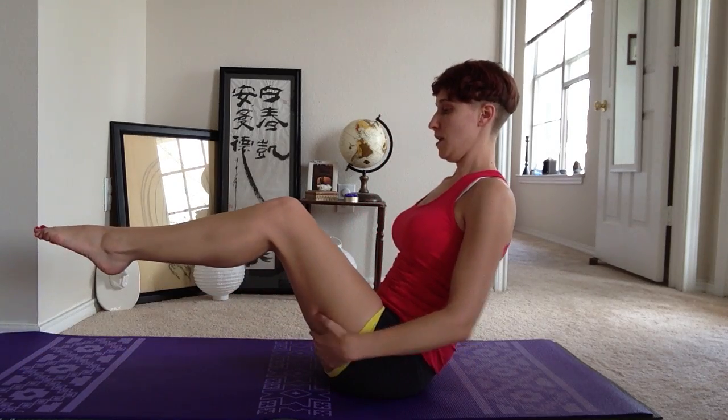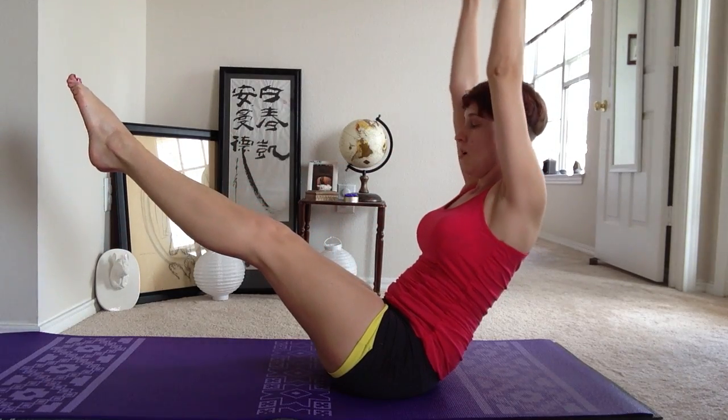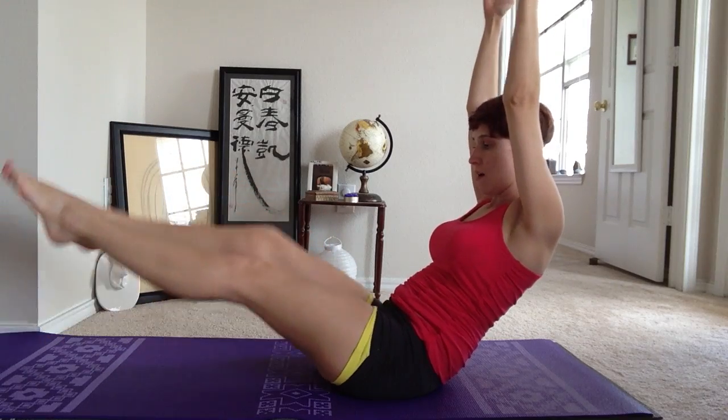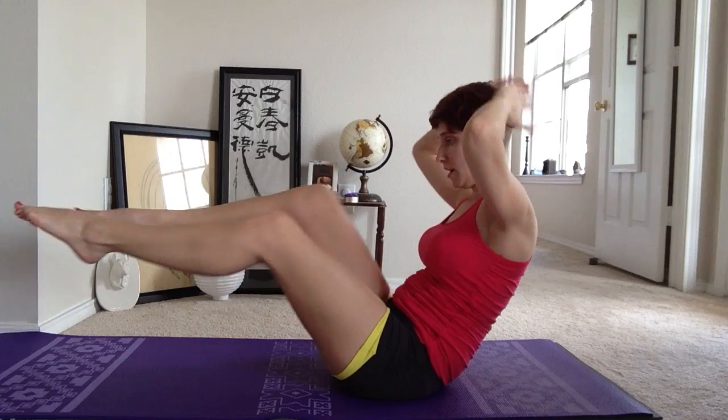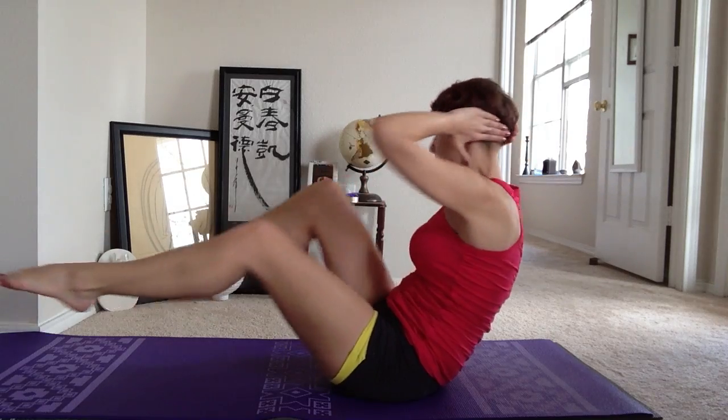And now we'll come sitting back into boat. Remember, you can try any of the options. You can be knees bent, arms extended, legs long, arms overhead. You can drop as we count, you can kick as we count, or you can come into the full flow. You can inhale, exhale, 1,